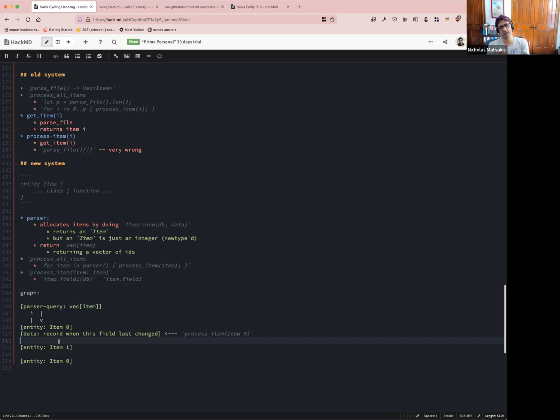There's a few other details I didn't say. One of them is really nice, another really nice system. And this, I think, is why it depended on the slot no more. In the old Salsa, you could never get a reference into the database, so everything had to be clonable. But with the slot no more branch, we can do a little better than that. And what we can do is say,